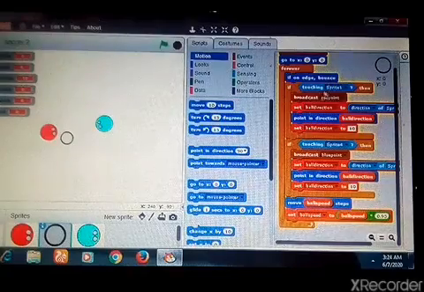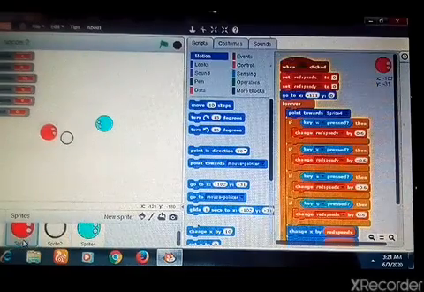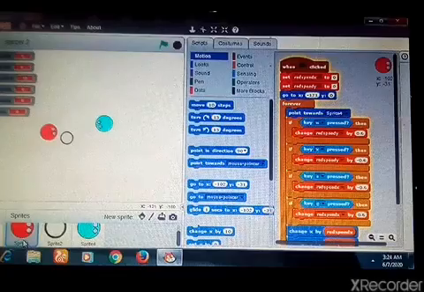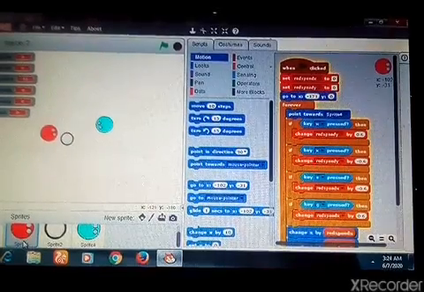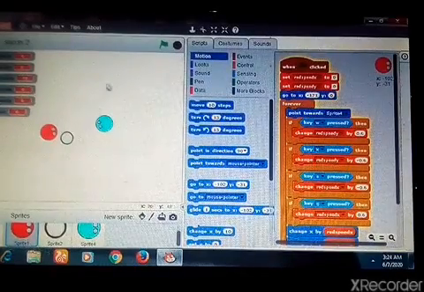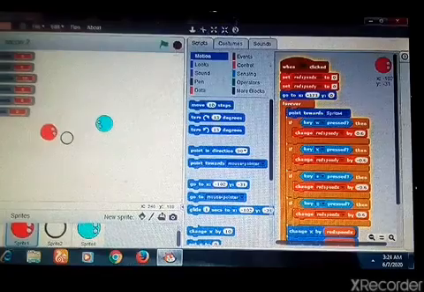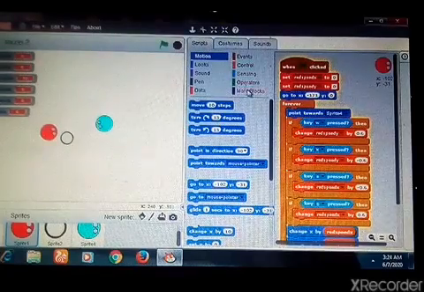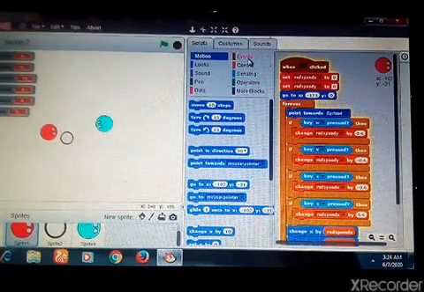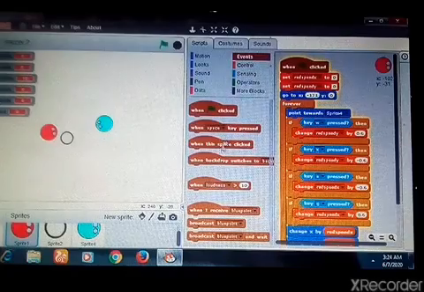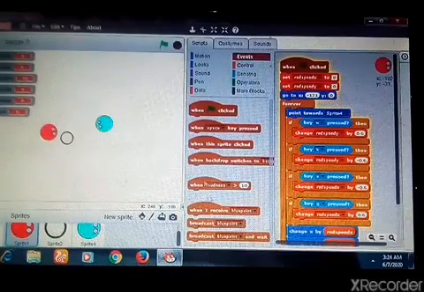But there's one more command we need to input there. There's one more code we need to put there. And the code states that you move down to your script. You're on script already. Then move down to your control. Click on control. Once you're on control, then you look for